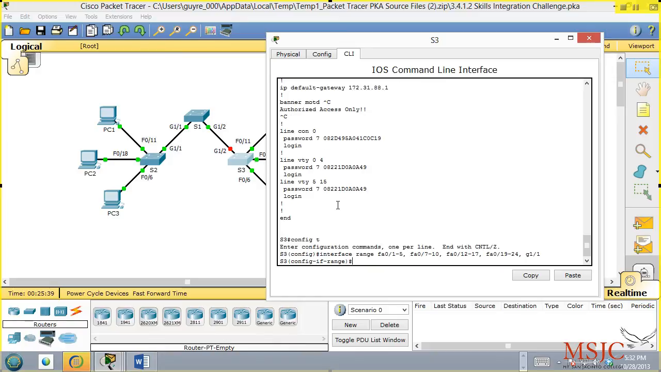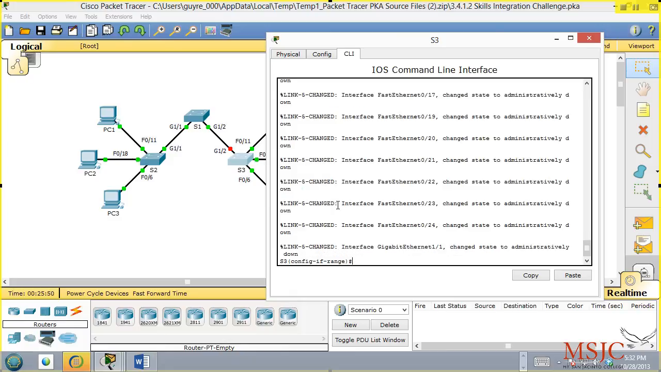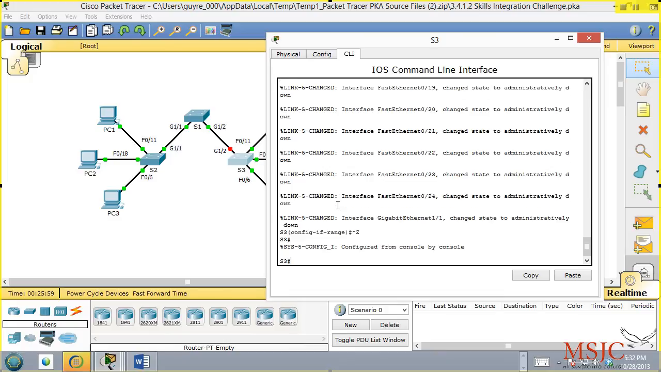Hit enter. Now if you did it correctly, you'll get the config interface range option in your command prompt. I can now type shutdown, and it will go ahead and shut down all of those interfaces all at once. And notice it did that for me. Boy, that was a lot easier than going to each individual interface. So now I'm going to hit Control Z. I've done a lot of work. I'm going to type copy,